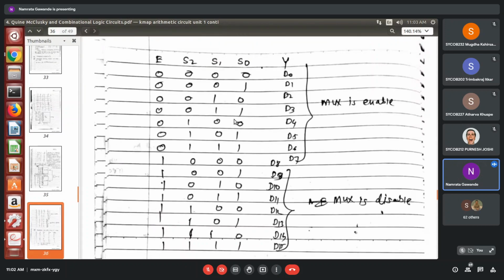So this is nothing but the concept of cascading: D0 to D7 and D8 to D15. This E works like an enable and disable to make the mux IC active or inactive. See students, you will understand it better once you implement this part. Otherwise, maybe you have a confusion with this E: how to make it 0, then it is enabled or disabled.